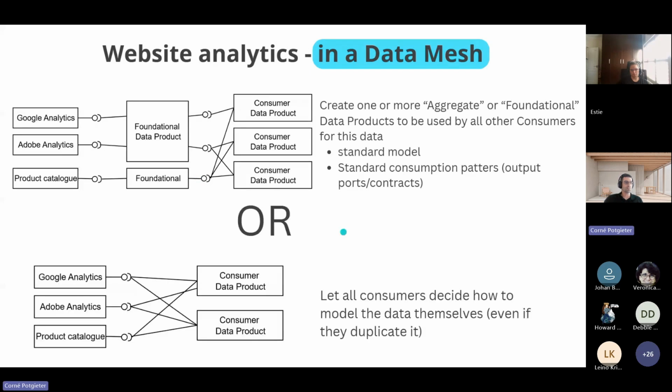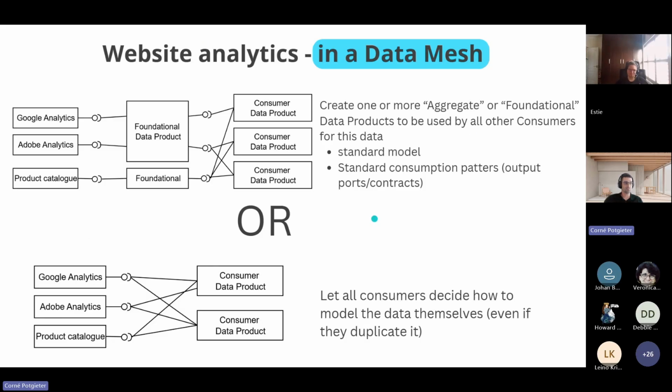So alternatively, you could say, okay, well, we don't want to do that. We just want the consumers to rebuild their own data products on the raw data all of the time, even if it means duplicating it. And most of my discussion is around this. And the decision is never really made on what's the best choice. It's really, do we have ownership for these foundational data products? Do we have budget for building these foundational data products? In most cases, it's about budget and resources. It's not about whether we think this is the right approach.